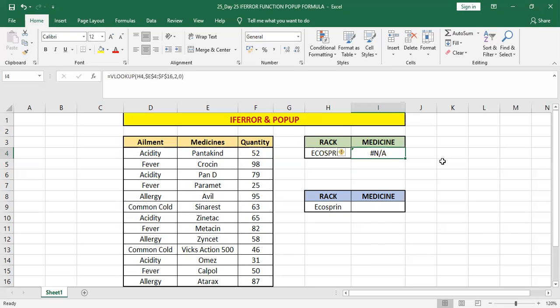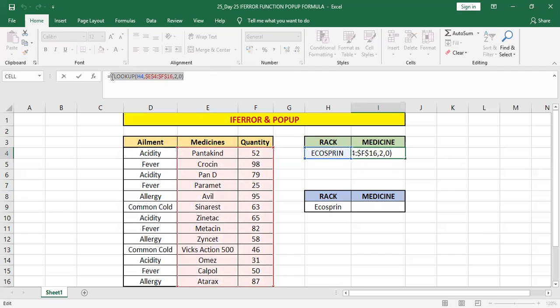So what we are going to do is add IFERROR before the VLOOKUP. That means this formula is going to be the same, so I'm just going to copy it. Then I'm going to press IFERROR. You can see the formula tab. Then we have to add value. We are going to see the value out of VLOOKUP, and that's why this same formula that we have used, VLOOKUP.